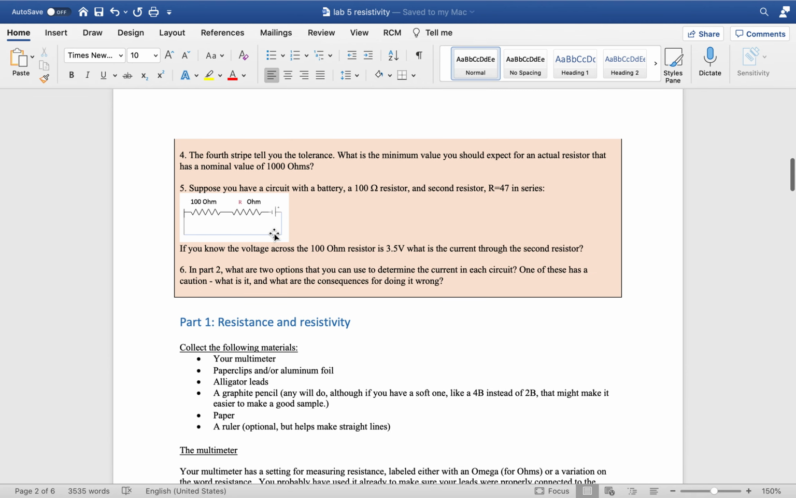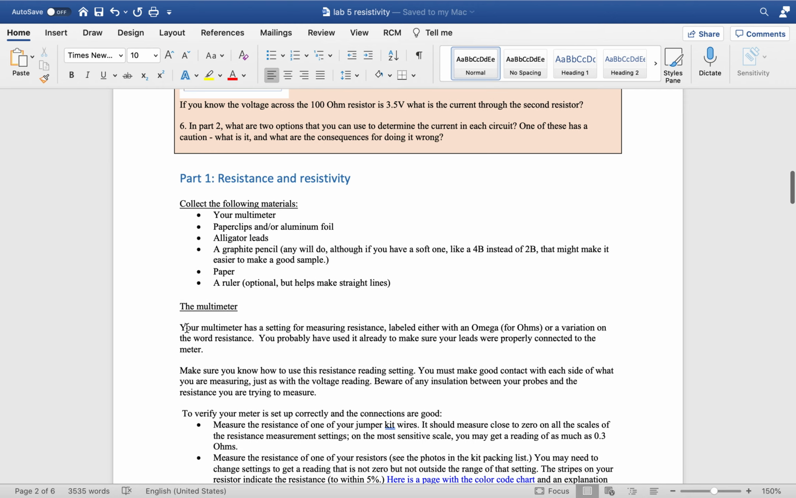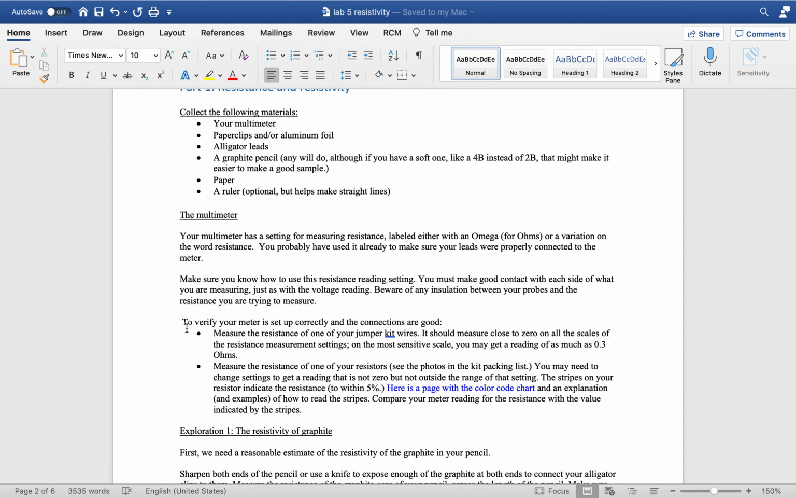Okay, lab 5. Let me know what they find about the graphite. I think graphite would be ohmic, but I don't know. I haven't done the experiment and I haven't looked at